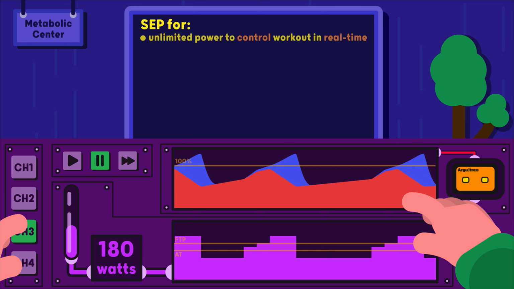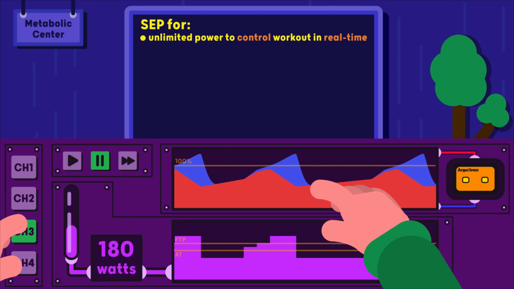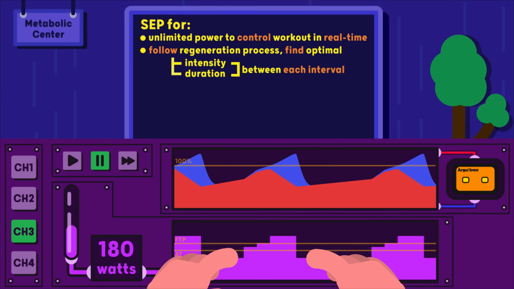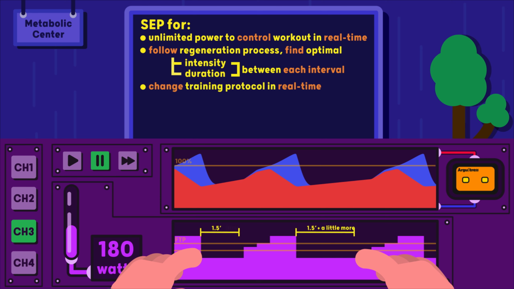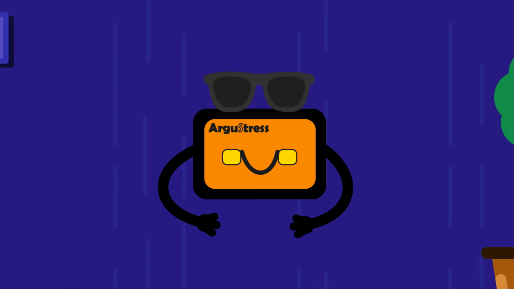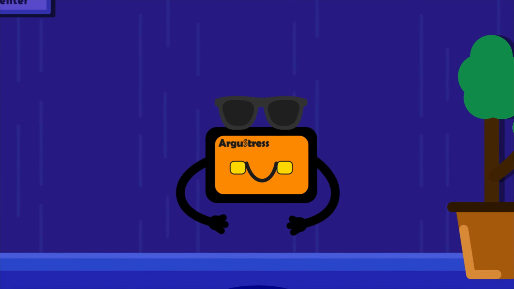Using SEP gives you unlimited power to control your workout in real time. You can follow the regeneration process, find the optimal intensity and duration between each interval, and change your training protocol in real time to maximize the training efficiency and avoid endurance reduction. You can improve an ability while not reducing others, and you can also avoid overtraining and keep your trainability for the whole season. As I said, mnsX is a unique device, but not only because it can monitor your energy